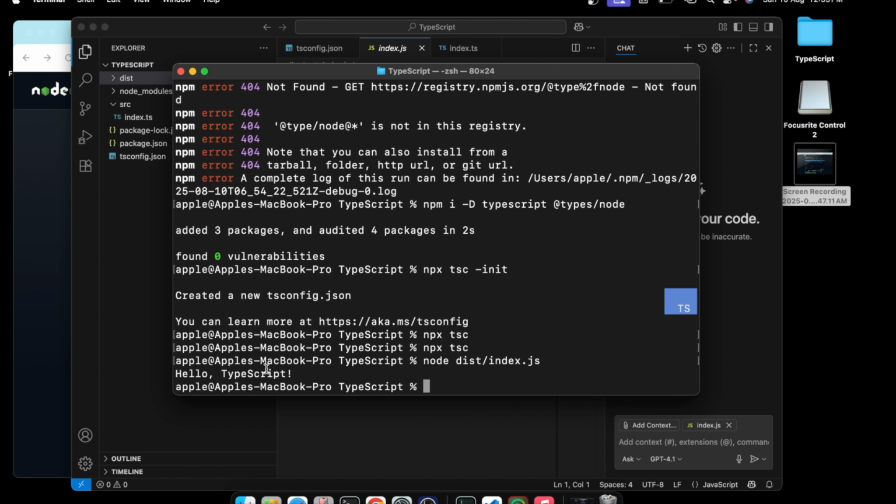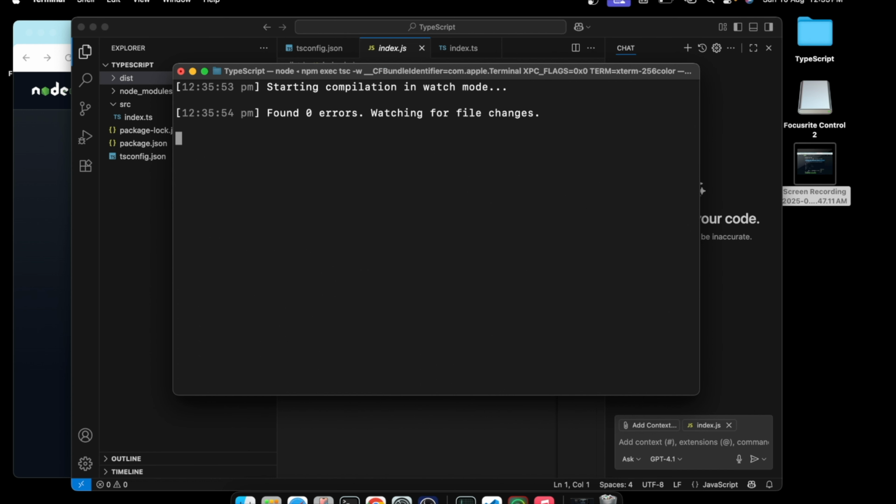Okay, and for continuous development we have to use another command to run and rebuild, which will be npx tsc -w.